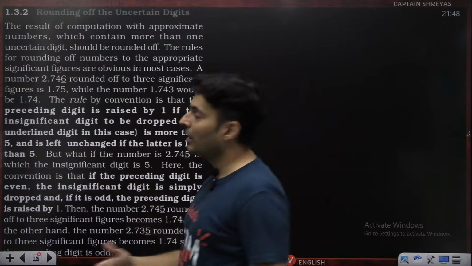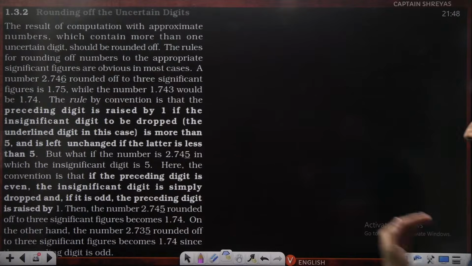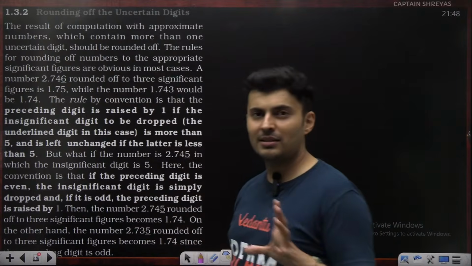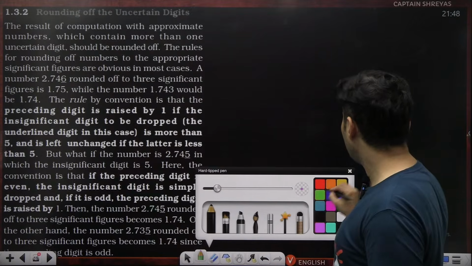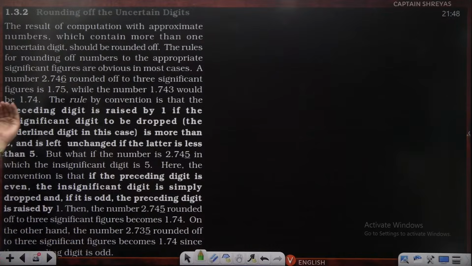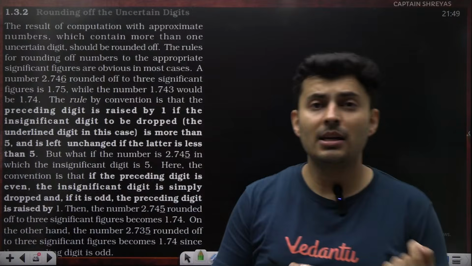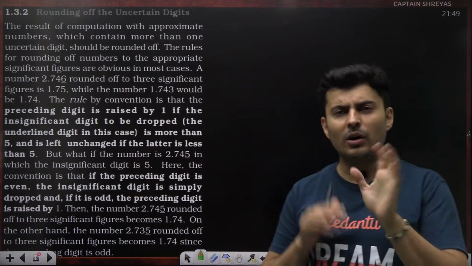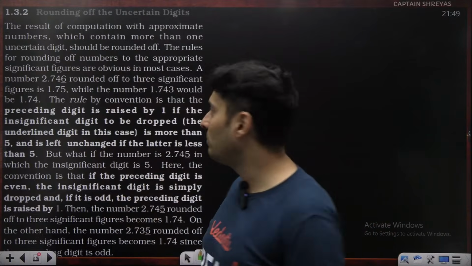While writing, they sometimes try to confuse students. Now, sometimes you might be worried, sir, how do I round off things? It's very simple, guys. They are given three different cases whenever you have to round off. Always check the last digit, and based on the last digit, the previous digit will be either added by 1 or will be kept as it is. And this confusion always happens. How do I round off numbers?